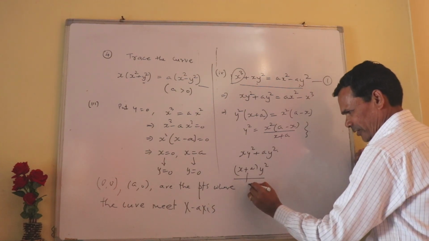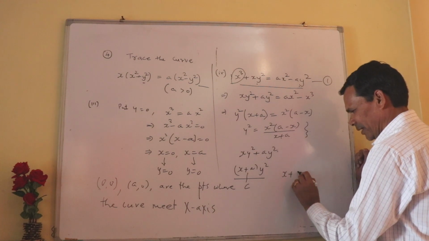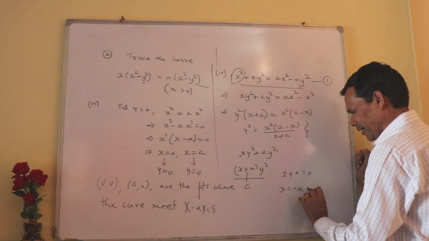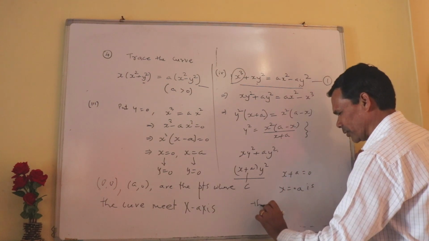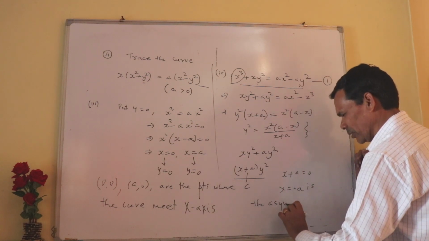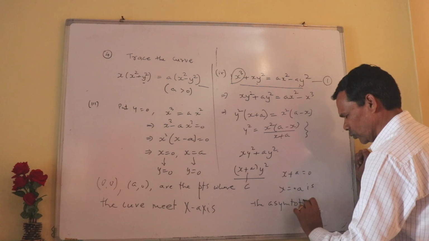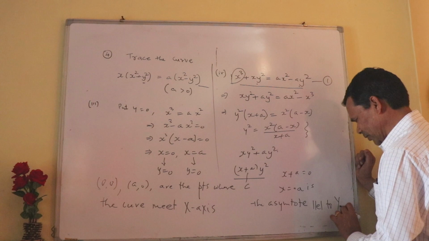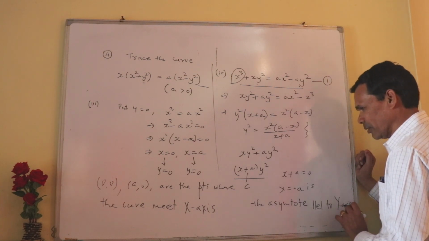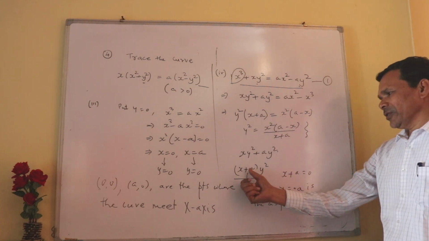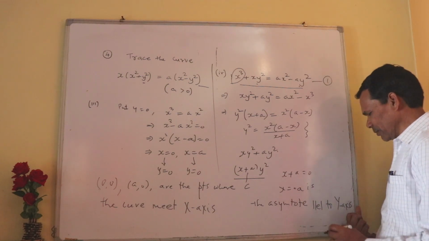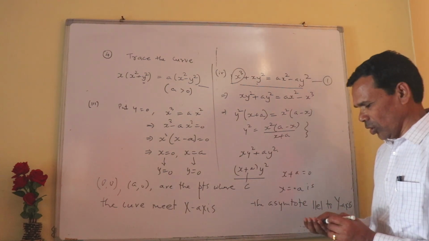So x plus a is equal to 0, or x is equal to minus a, is the asymptote parallel to the y-axis. No oblique asymptote